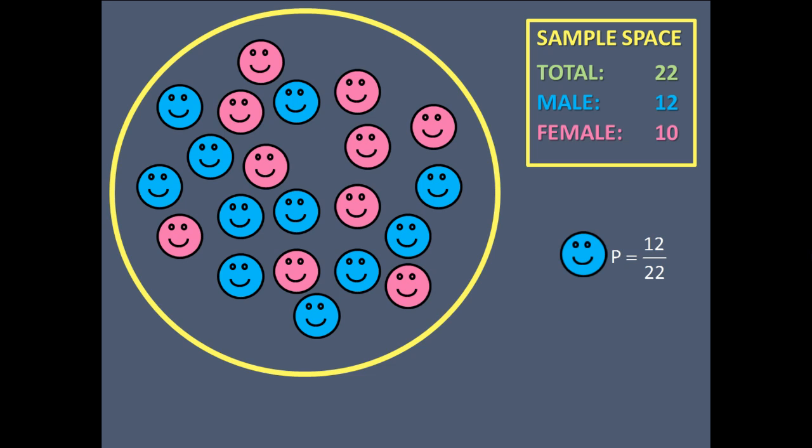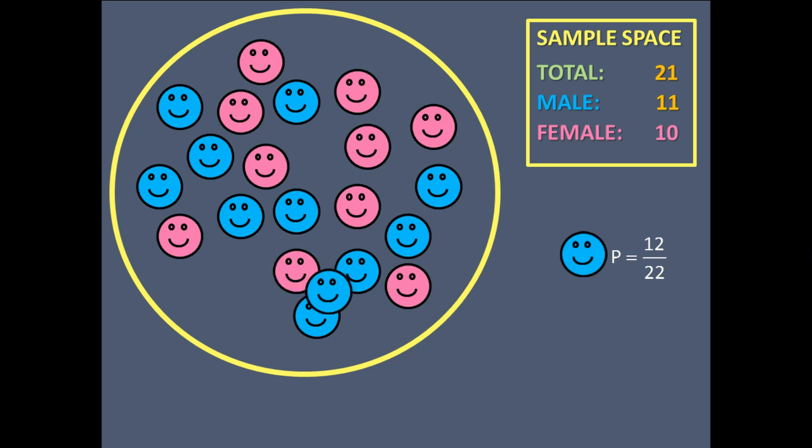But they're not going to put him back into the pool and interview the same person twice in a row. That wouldn't make any sense. So here he's not being replaced. And if I think about how that affected my sample space, well, now there's one less person to choose from. There's only 21 applicants left to choose from, and there's one less male to choose from,